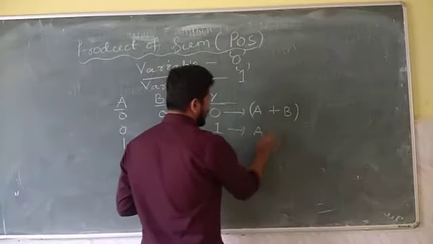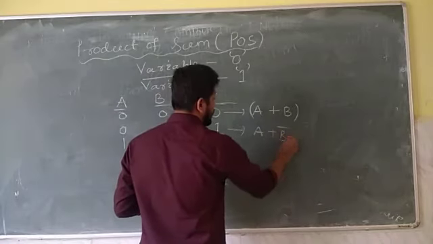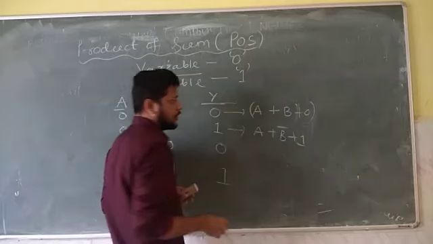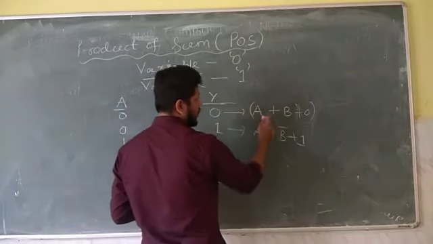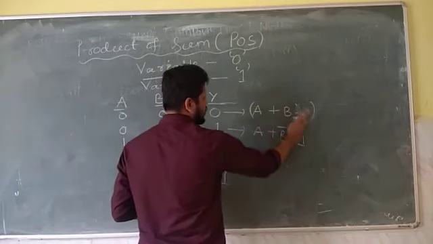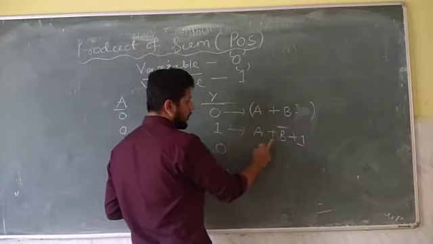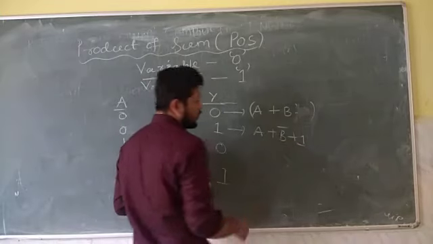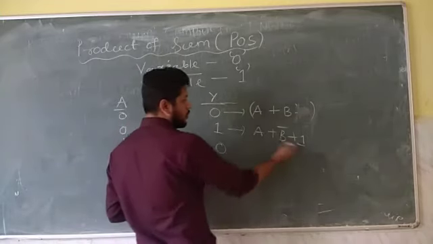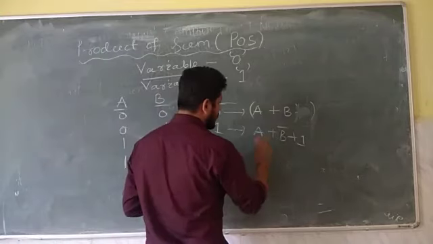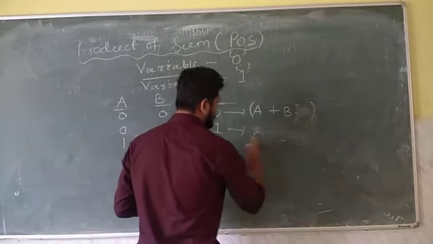In this case, how to write? Here a plus b bar plus 1. Here this is plus 0, but I have already explained you a plus b plus 0, that means directly a plus b. So you can see here a plus b bar plus 1. So here plus means OR operation. So something ORed with 1, that always gives you 1. Hence no need to write this expression.